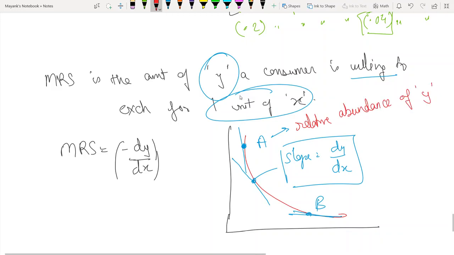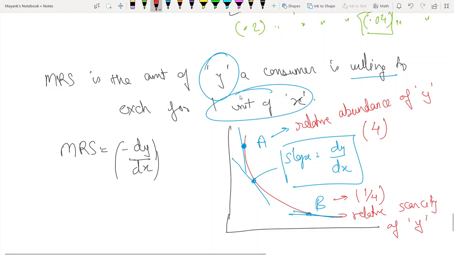So whatever you have in excess, you are willing to part away with it more readily. So if I give you 1 unit of x, you will be like, okay, I'll give you 4 units of y here. But if I talk about giving you 1 unit of x, you will say I'll only give you 1 by 4 units of y here. Because here there's a relative scarcity of y. The word relative is crucial here.